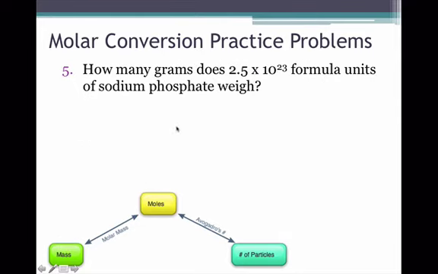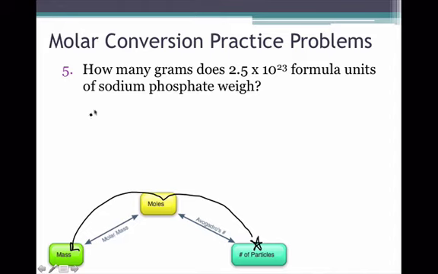Okay, last question. How many grams does 2.5 times 10 to the 23rd formula units of sodium phosphate weigh? Well, I'm starting with formula units, and formula units are a particle, so I'm starting here. They're asking me about weight or mass, so I'm trying to end up here, which means I'm going to have to go through moles over to the mass. So this one is going to take 2 conversion factors. I'm going to have to use Avogadro's number first, and then I'm going to have to use the molar mass